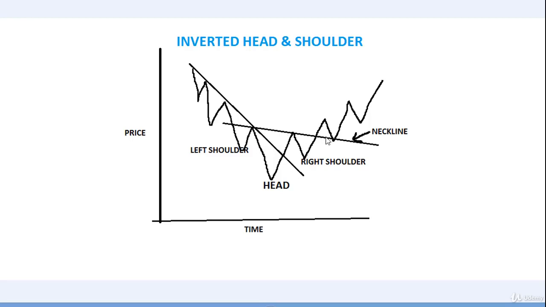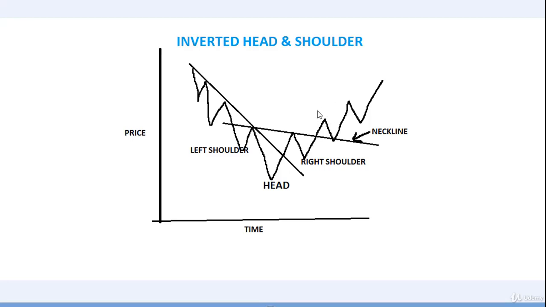This is the resistance line and we can call it neckline. An upside breach of this neckline on a rally from the right shoulder is a final confirmation and completes the head and shoulder bottom formation. And this is a signal to buy. The pattern signals the end of the downtrend and starting of the uptrend. So we can buy here when this right shoulder top is breached, this resistance line in upward direction.